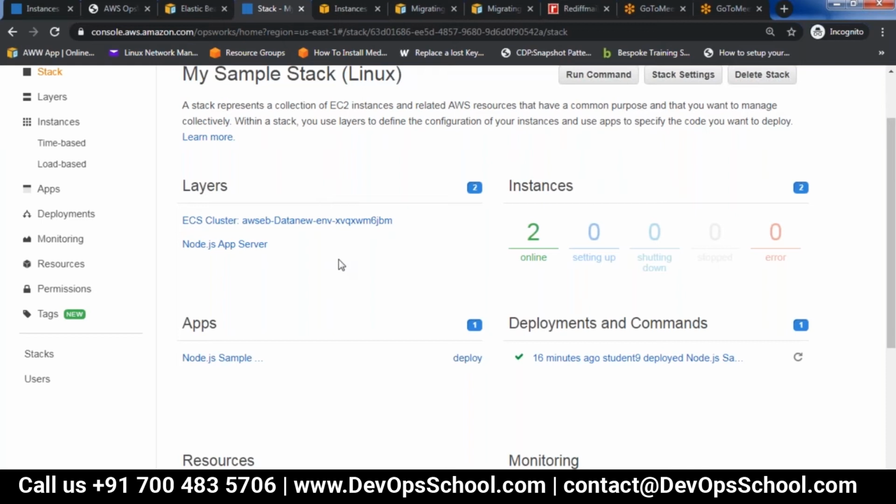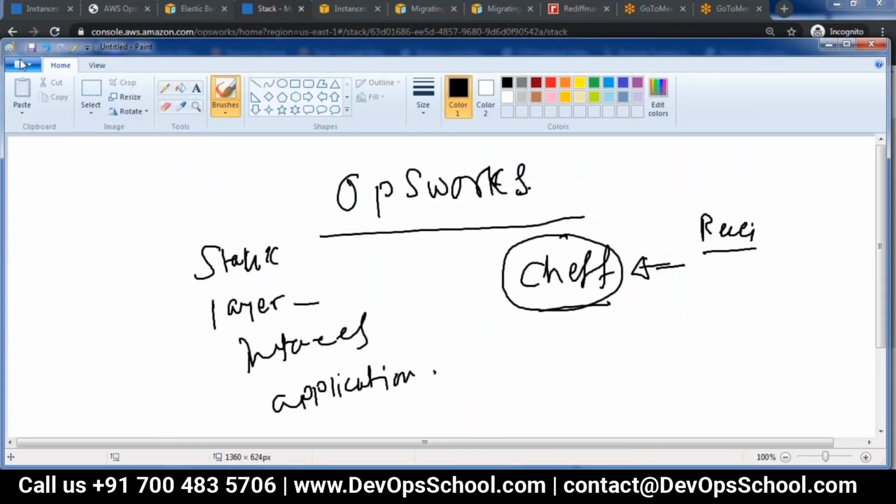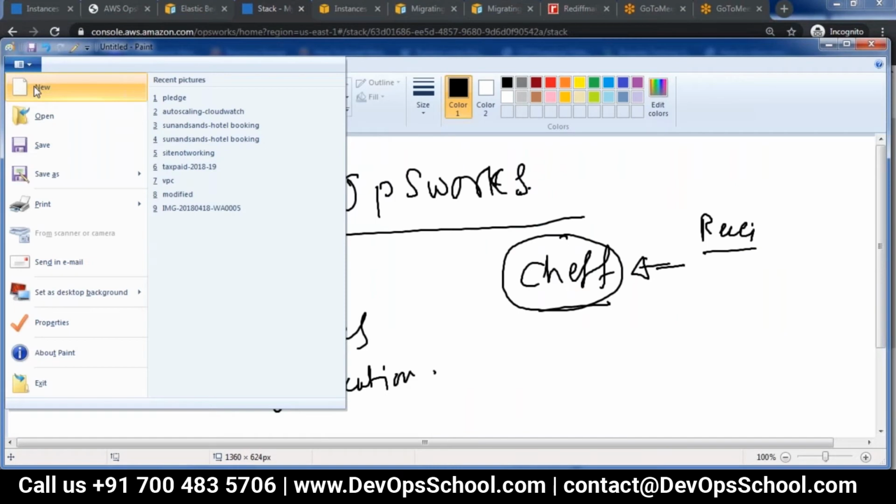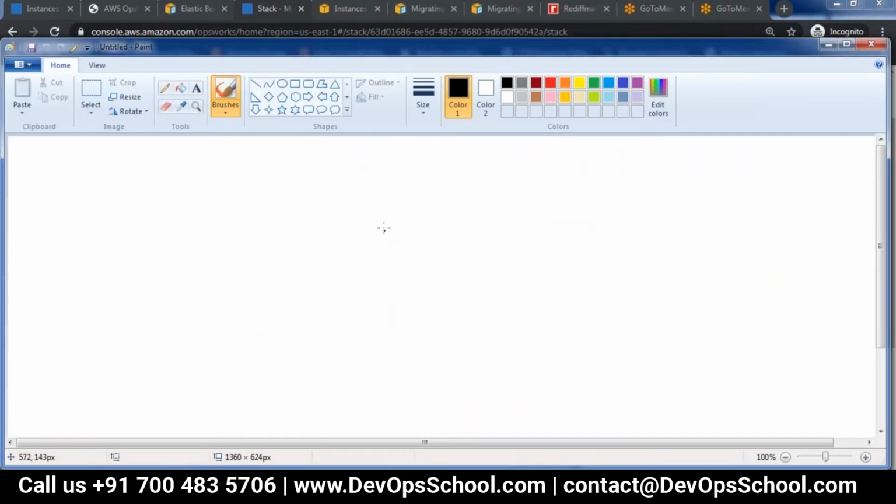Encryption in the sense, at which level? It is used at every level. Suppose S3, we have seen there are two options. One is server side encryption, and the other is the key management service kind of encryption. So how it is done is you have a customer master key.